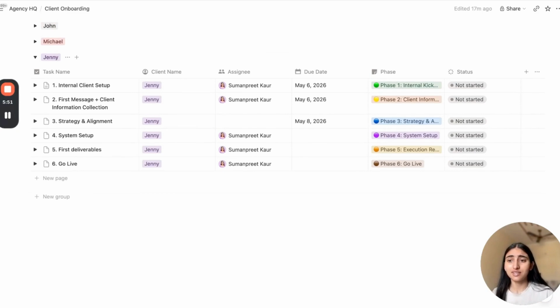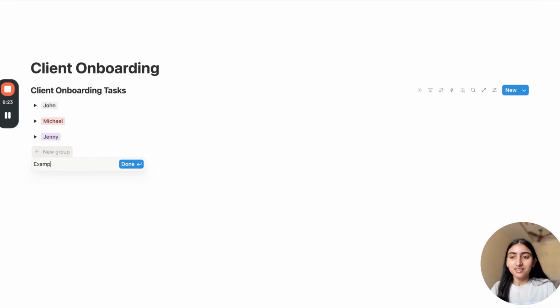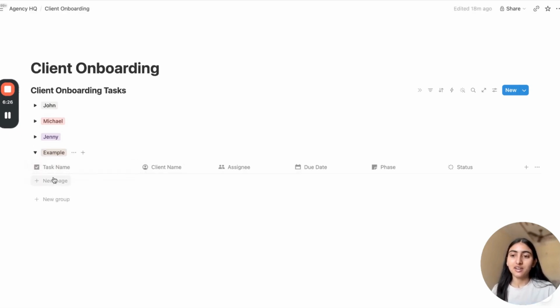So this is how, with just one click, the task, the subtask, the tracking, the assignee, the client, the due date, everything is sorted here. This is how the system is automatically organizing the client onboarding under each client name. For a new client, you can do the same. Click on a new group, add a new client. It can be just anything, I'm placing it as an example. Okay, marking it as done. Now just do the same thing here, the one click, and you got everything done here.